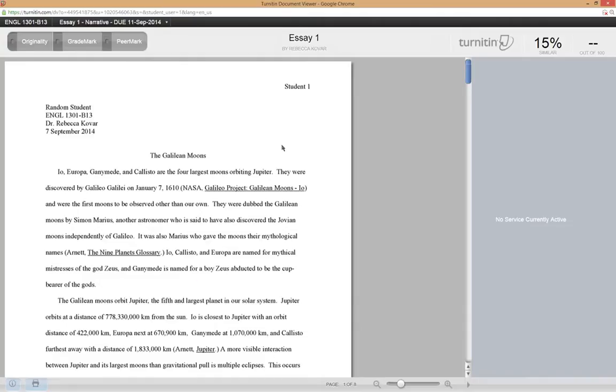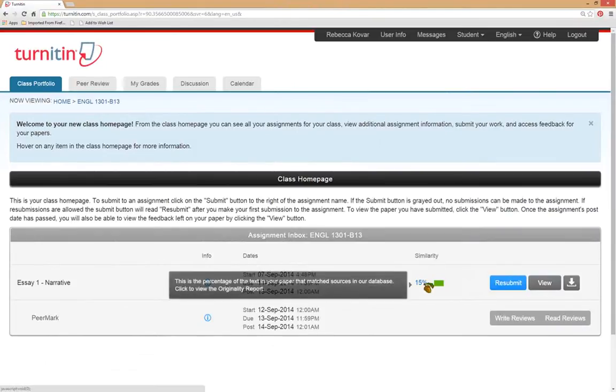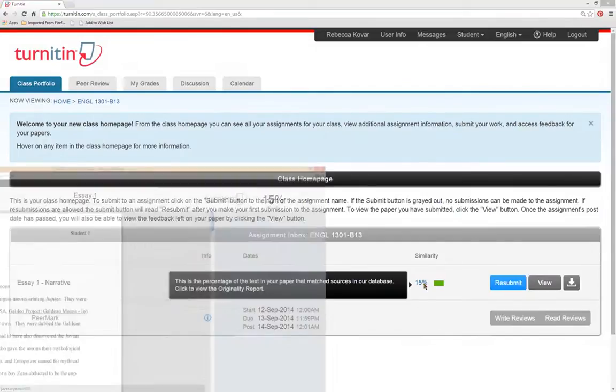Now you'll notice that there was a little bar here that says similarity. This is the percentage of your text in your paper that matches sources in the database. Click to view the Originality Report. You can click here